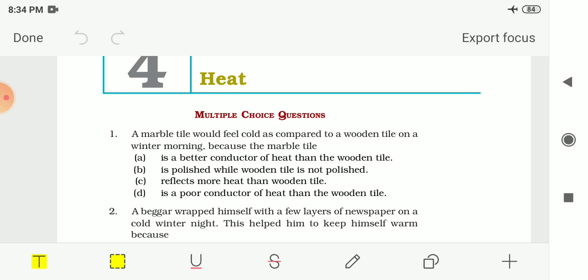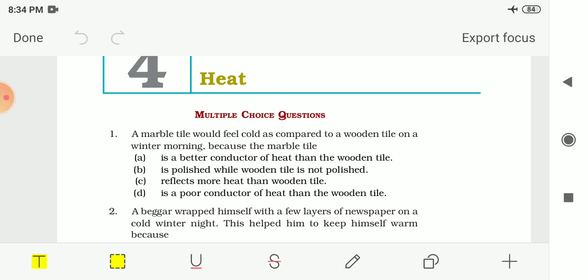And on heating the vessels containing water, water gets heated in the vessel. And this mode of heat transfer in water is known as the convection. That is the second type of transfer of heat. Liquid and gaseous substance get heated by the mode of transfer of heat called the convection. And there is one exceptional case, that is mercury. So mercury is a liquid even though it gets heated by the mode of transfer of heat called the conduction.